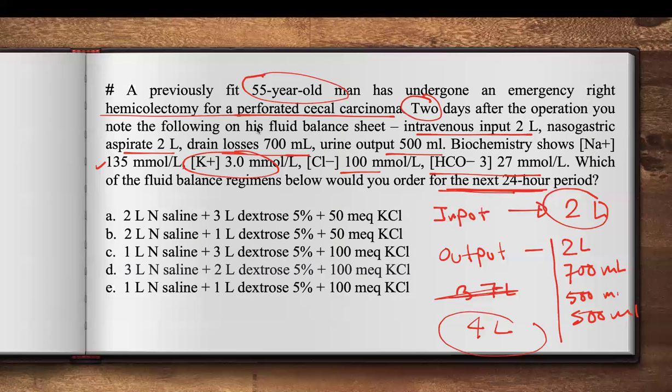Guys, what is the deficit? Yeah, 2 liter, right? So now this 2 liter needs to be added in the maintenance fluid for this patient. Some of these patients who have hemicolectomy might not eat for a few days, and you need to assume that this patient is still nothing per mouth, because once a patient starts eating everything, we don't need to do fluid balance. So let's see, if it is a 2 liter deficit, how we can include that deficit